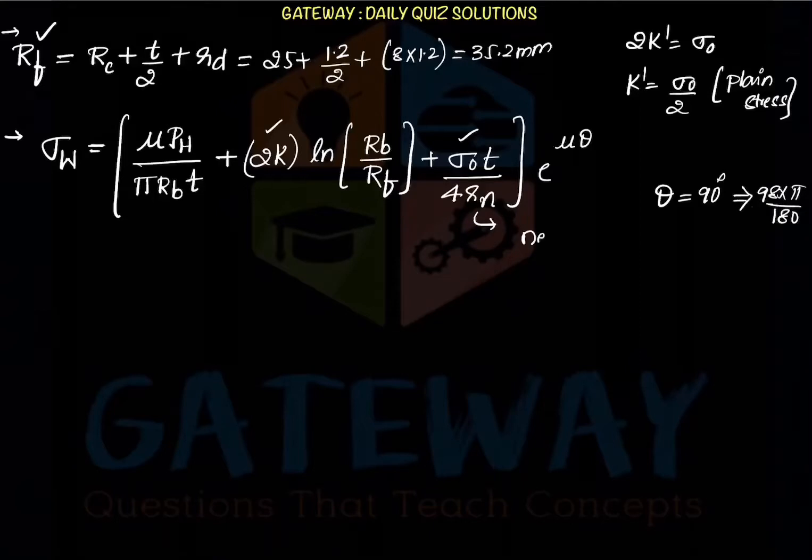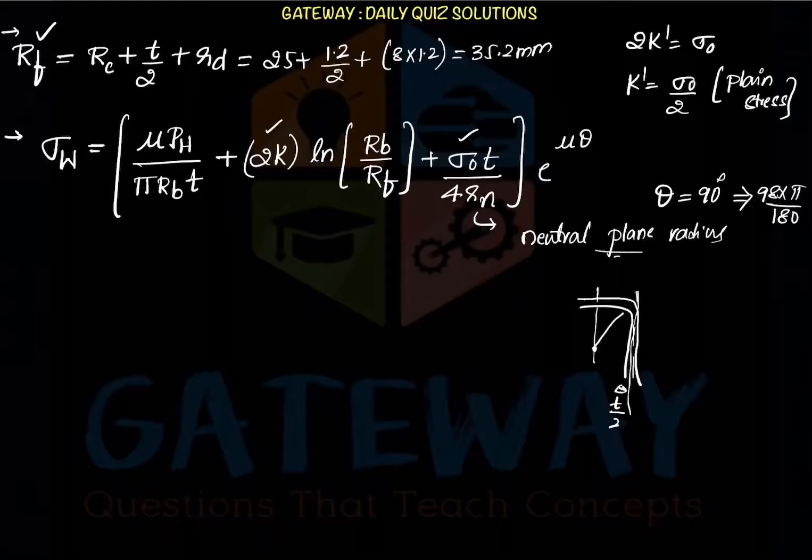Rn is called the neutral plane radius. When we take our cup here, this is our neutral plane in between the wall of the cup, and generally we know this will have a thickness of T by 2, and here somewhere around will be our bending curve. For bending only we will find the neutral plane, and this radius was given as RD in the question.